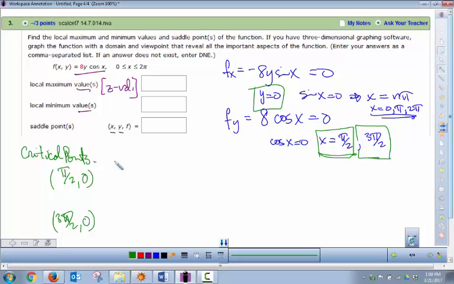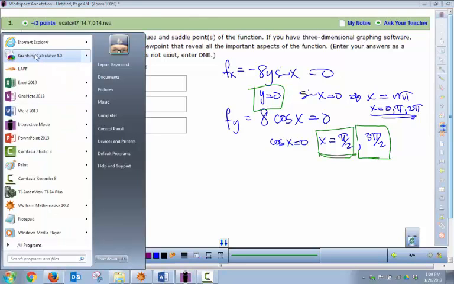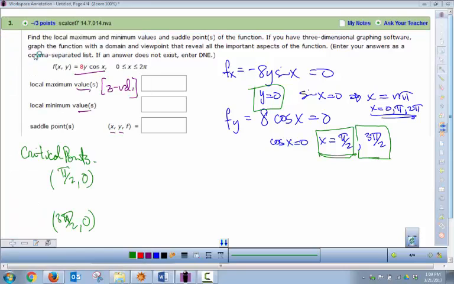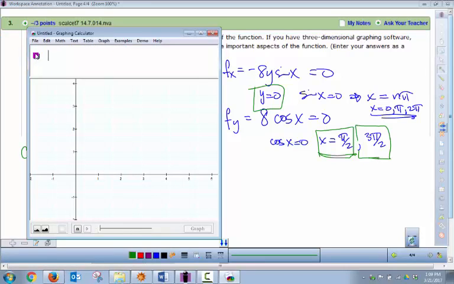Yeah, and then we have to figure out their local max or mins. Now, before we go on, I guess this whole idea about cross-matching and making sure that you got both of them equal to 0, I don't know if this will be helpful, and this will require you to be able to graph things quickly off the top of your head or on paper. But what I could do is find all these values where fx is equal to 0, that's y is equal to 0,